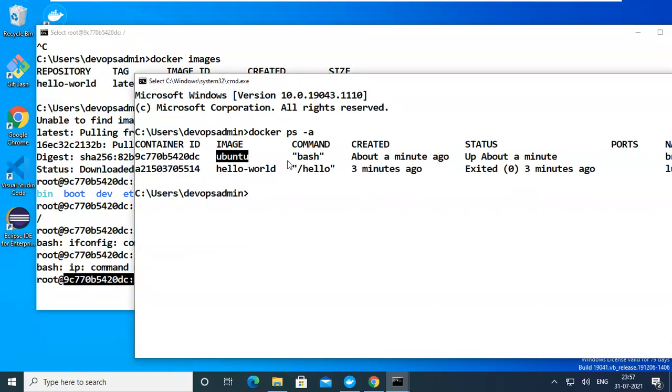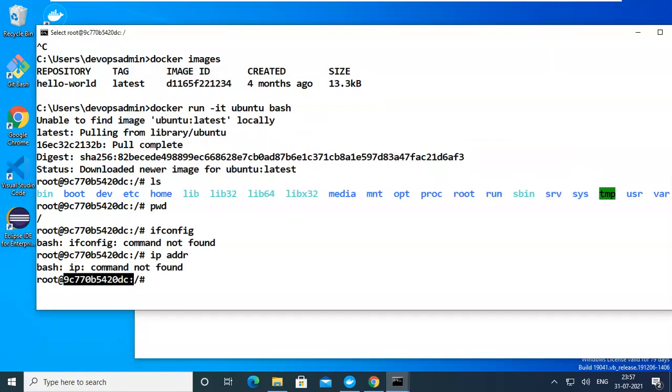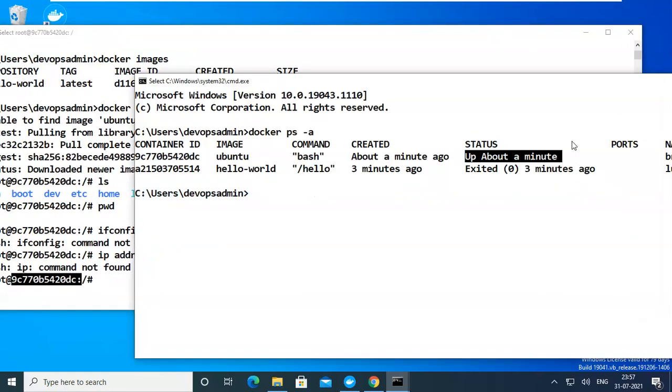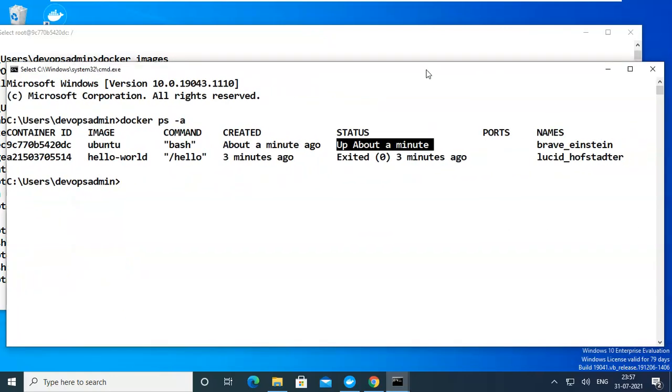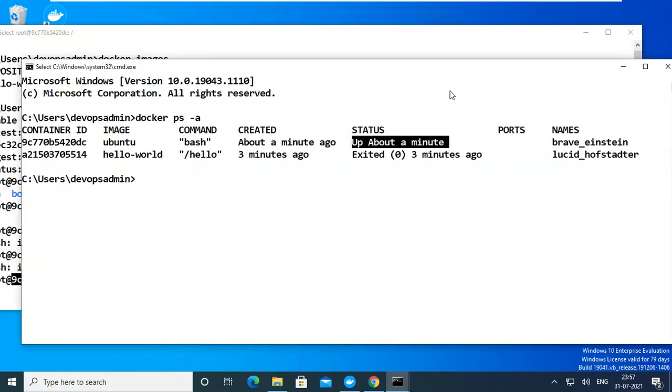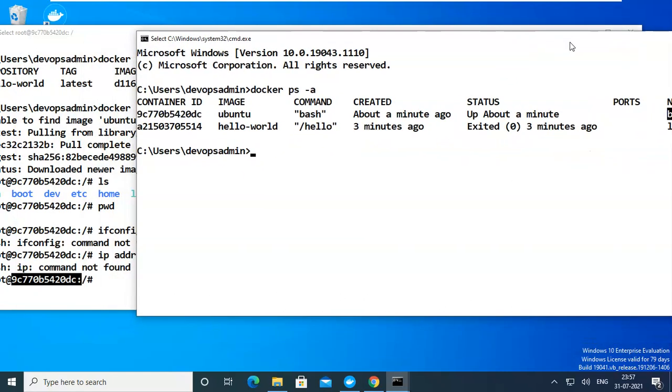It is running Ubuntu, the command is bash, and it has been up for about a minute. It is currently running. No ports, nothing, it does not use any ports. It assigns some container names, just leave it like that.